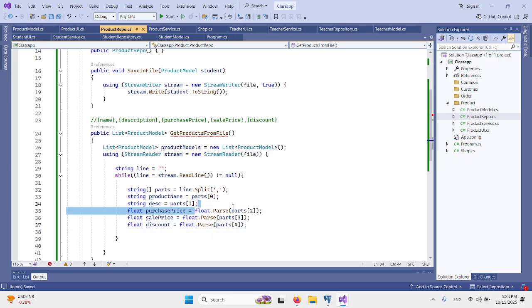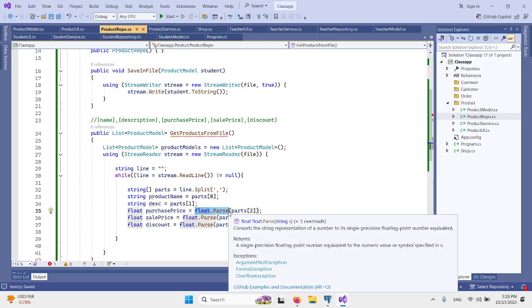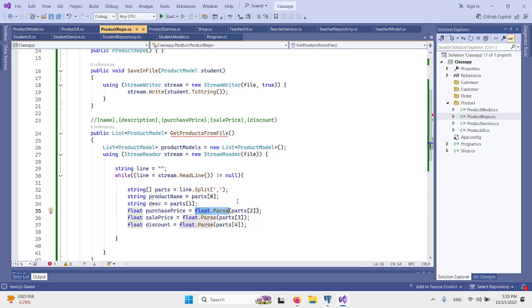Yes, this is a C sharp function. .NET is not a language. .NET is a runtime. Basically, this .NET is a runtime that provides an environment for C sharp to run on. C sharp is a language, a technology. .NET is a runtime. .NET Core is another type of runtime that is platform independent.